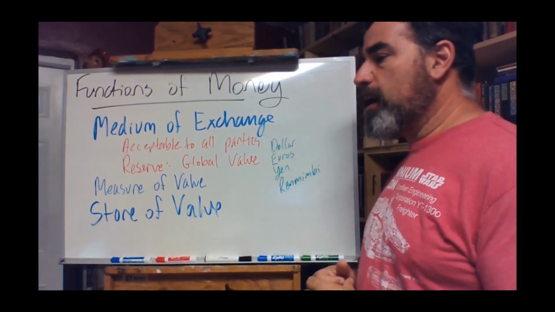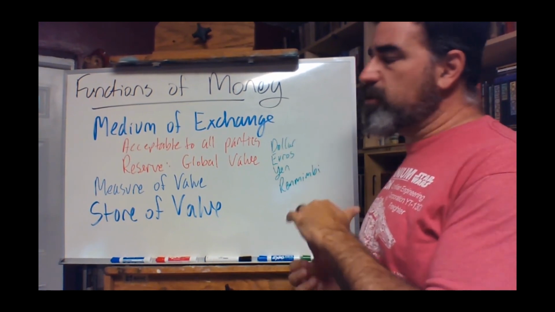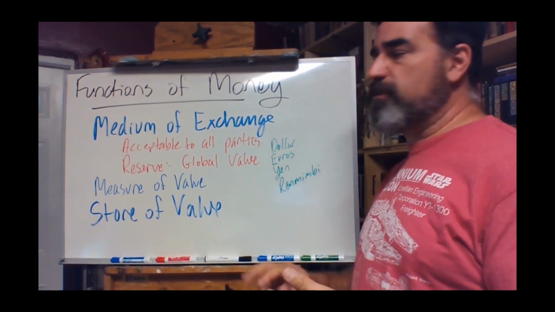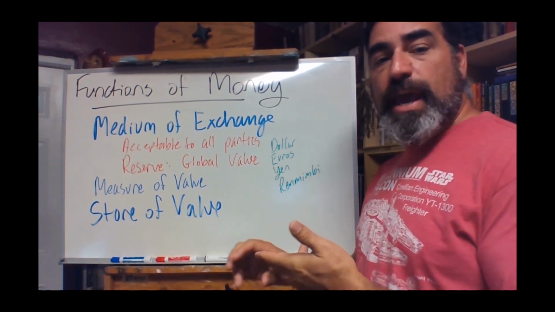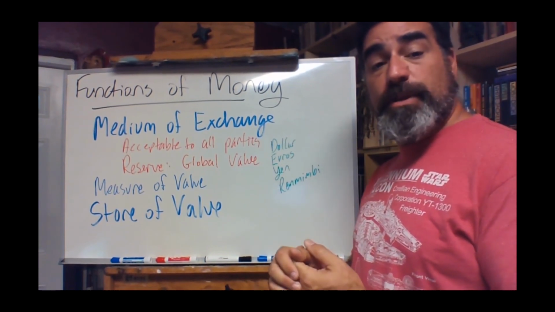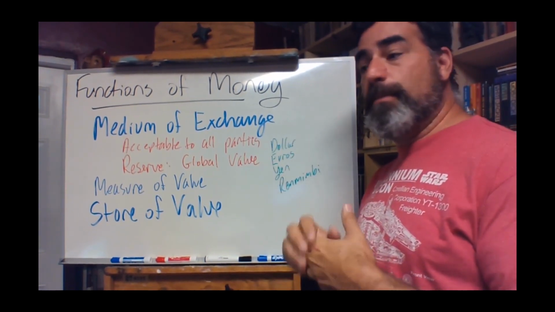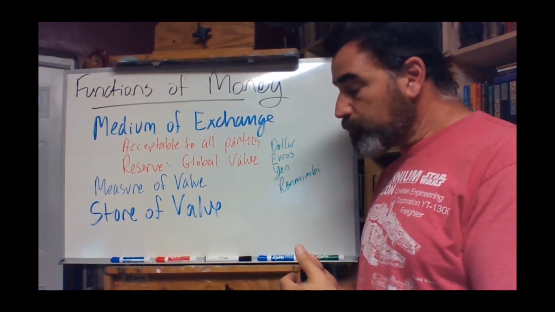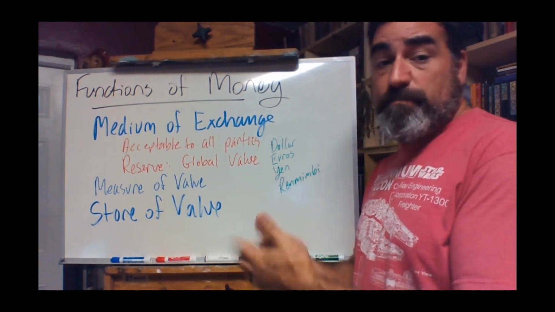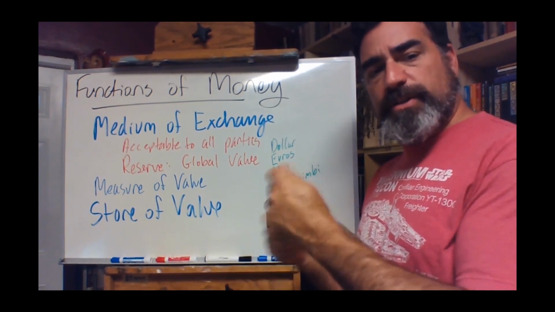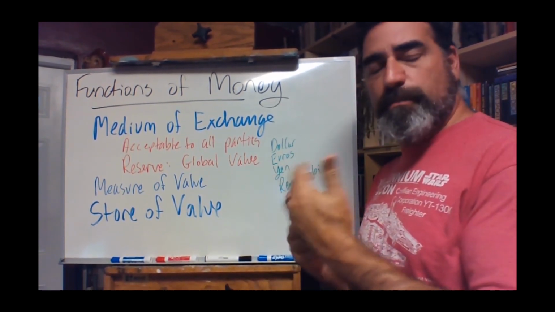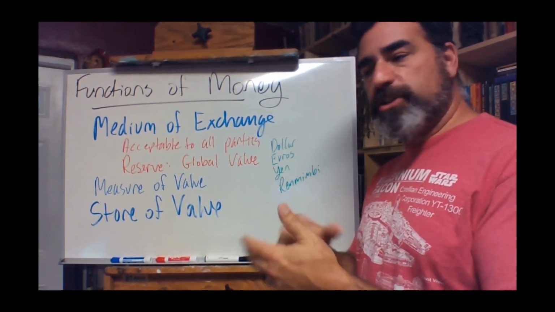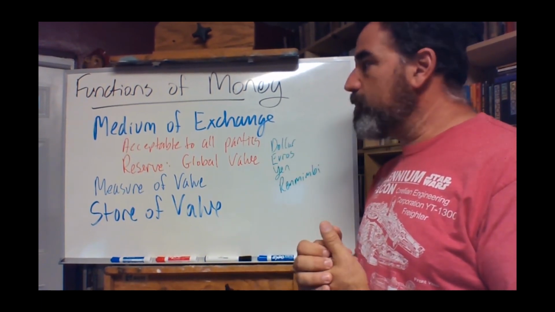So anyway, these are the major characteristics and the major functions of money. We've covered the characteristics of money, and we've covered the functions of money. Hopefully you have a better understanding of just exactly what money is in a marketplace. It's not as concrete as we think, but it does make sense when you actually start applying the principles. So if you have any questions, please let me know, and we'll talk to you later.